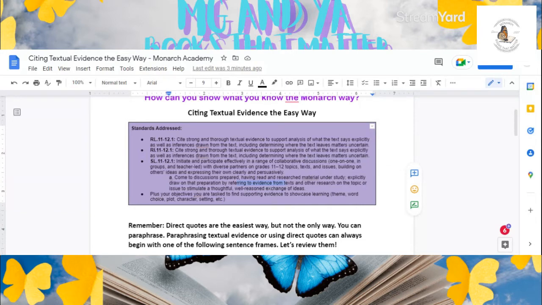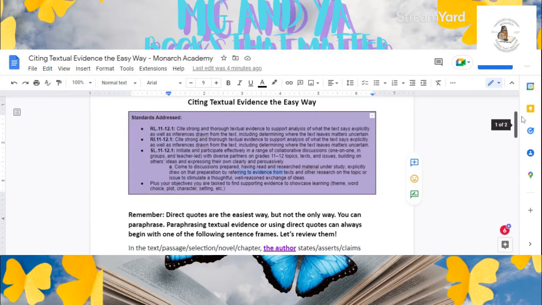But I also want you to keep in mind that these objectives are just one part, because you can pick another Department of Public Instruction state standard to also task your learner with as you guys are going through and supporting evidence to showcase their understanding of possible themes or character development or plot progression or setting. Whatever the standard is, mystery, tension, and suspense, word choices by the author, you can partner the citing evidence with an additional standard and their objectives.